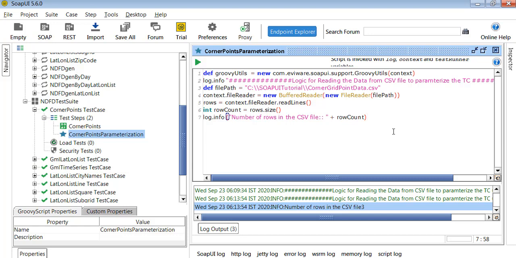Now whenever we have a row count, it is important to write a for loop to read each and every row. For int I is equal to 0, I less than row count, I plus plus. Right. So what are we going to do now?